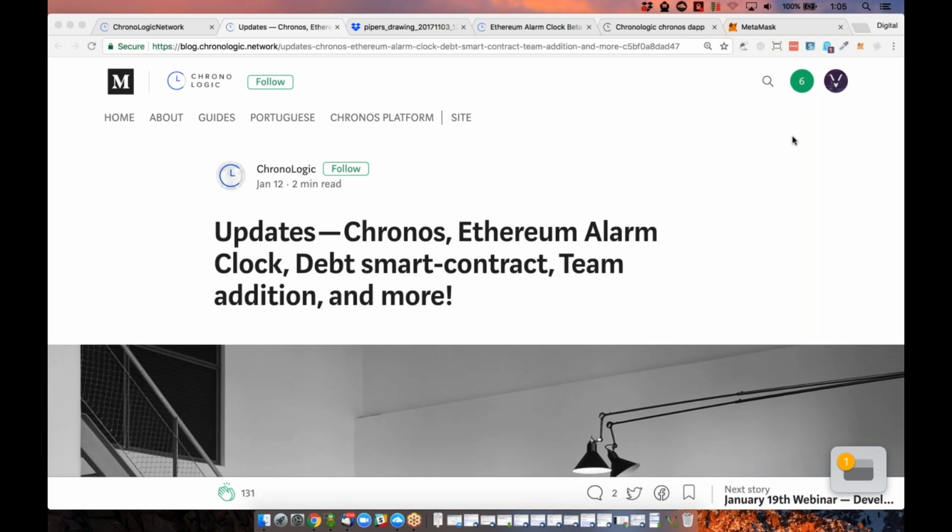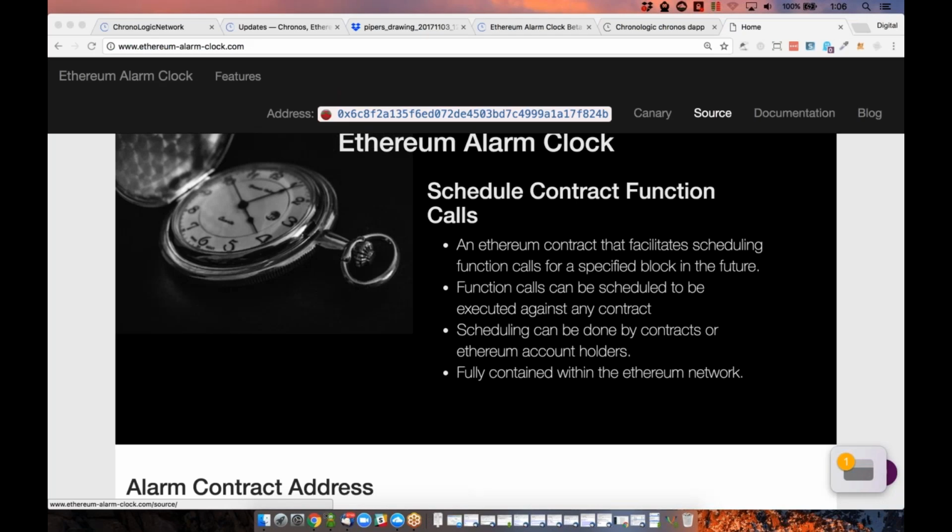Regardless, let's speak about some of these updates, because especially when it comes to the Ethereum Alarm Clock, this is quite important. We did have a brainstorming session with Piper, who's from the Ethereum Foundation, and the Ethereum Alarm Clock is originally his project. It's one of the projects that we're supporting, and we can't say too many things, unfortunately, about this, but we are going to be working and helping the Ethereum Alarm Clock and creating basically